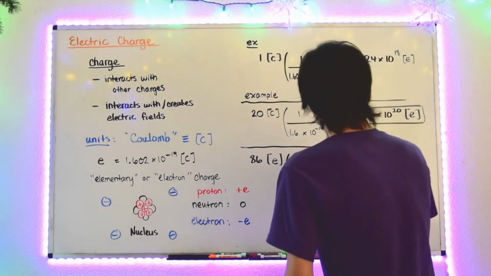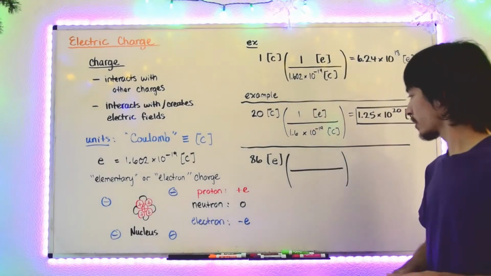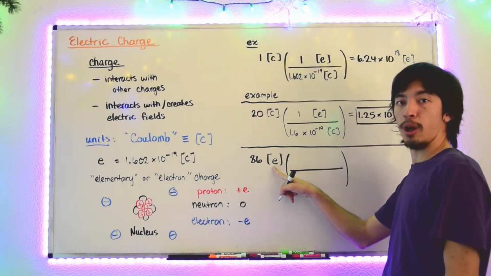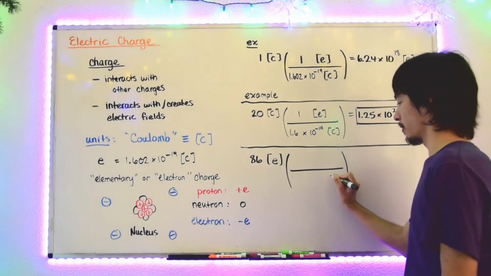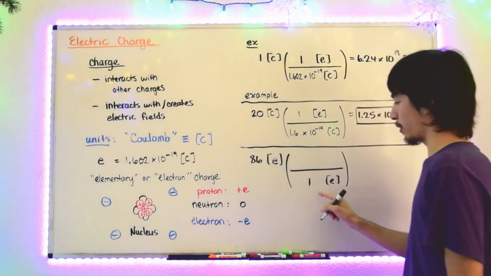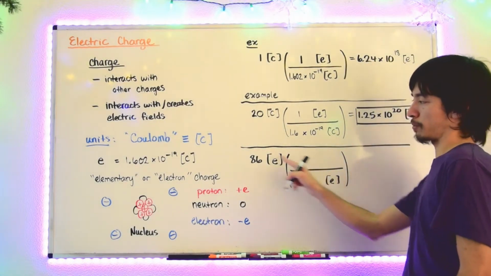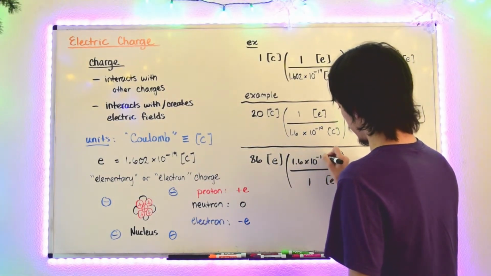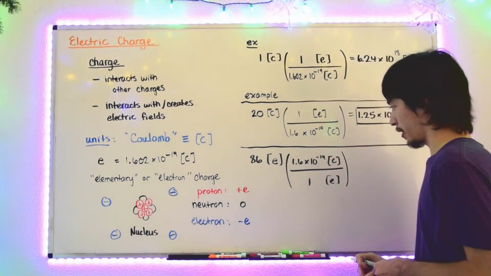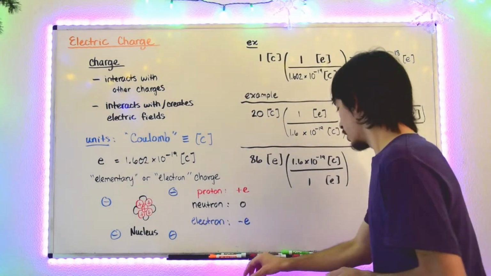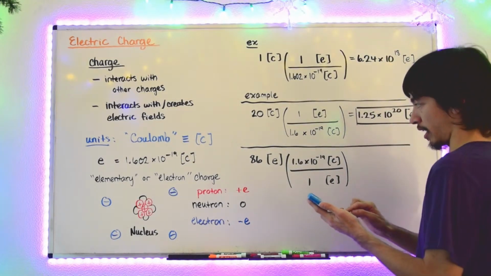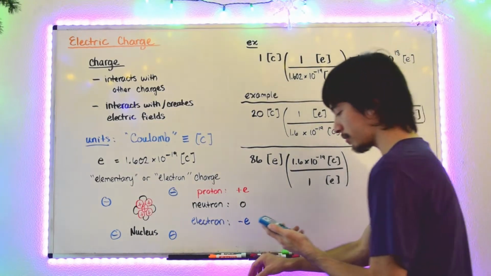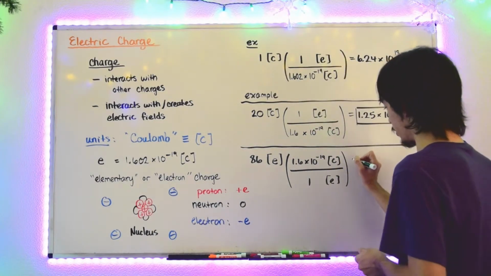We're going to set up the same conversion factor. So this time we need to write the number of particles, electrons or protons, on the bottom, E. And we're going to write the number of coulombs of charge on top that corresponds to that, this number, 1.6 times 10 to the minus 19th coulombs. Now, we calculate this out, and we say 86 times 1.6 times 10 to the minus 19th. And we find that it's equal to